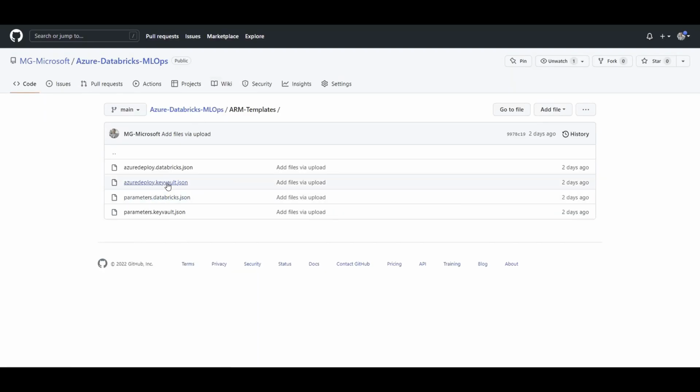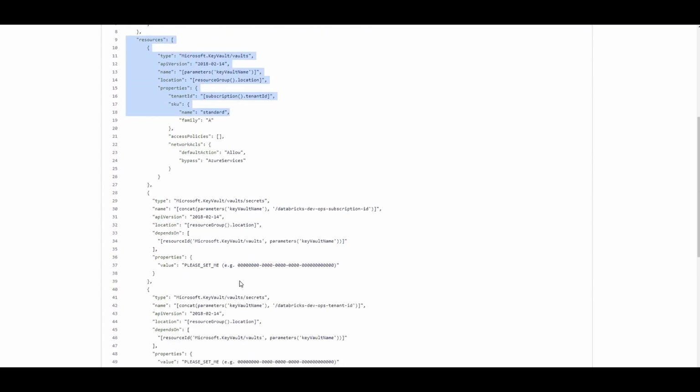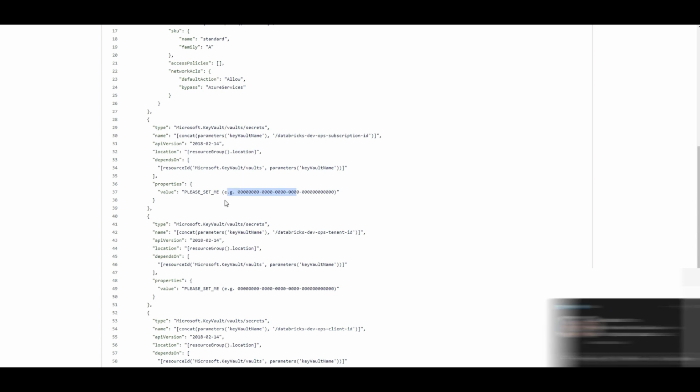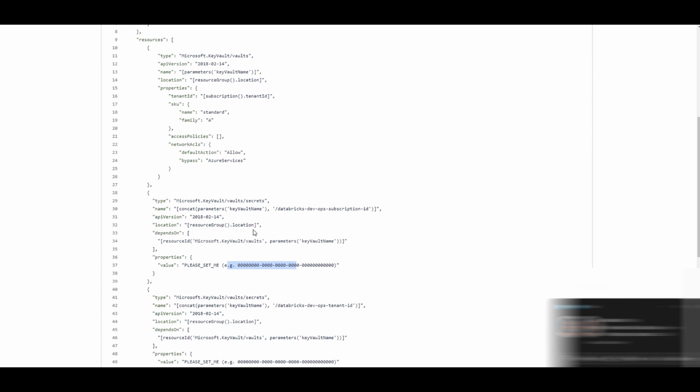Similarly for key vault, we are doing the same. Also, when it creates the key vaults, it creates some secrets inside the key vault. And those secrets are the information related to the service principal that is going to authenticate itself and use the API of Databricks. So the initial values are 000. For example, here's a secret for